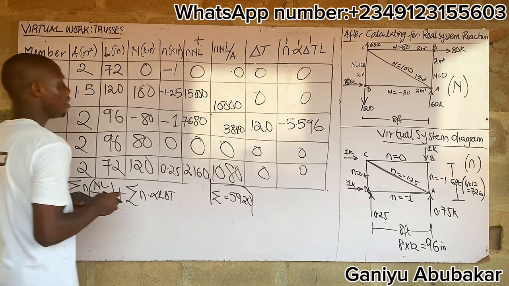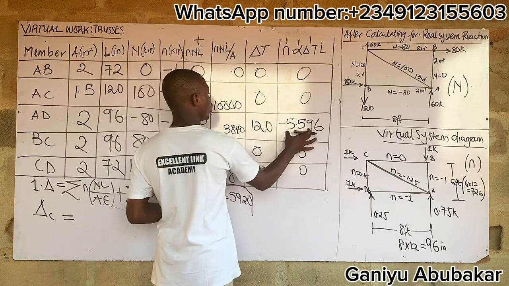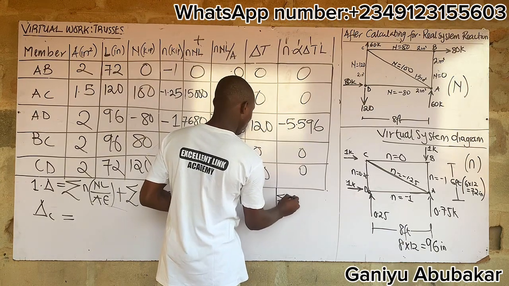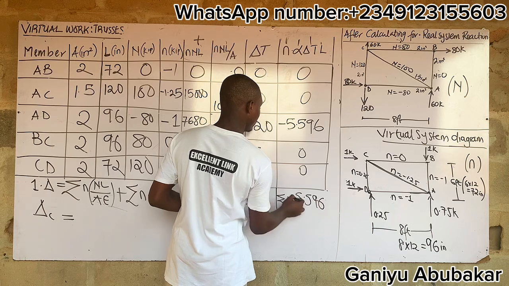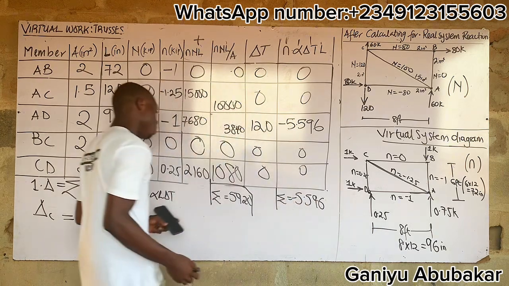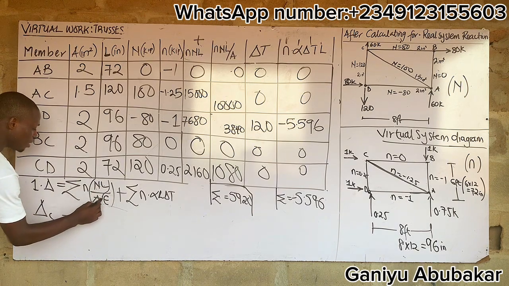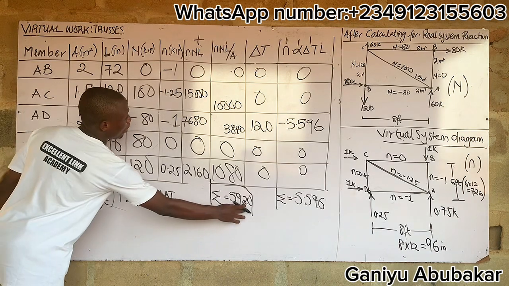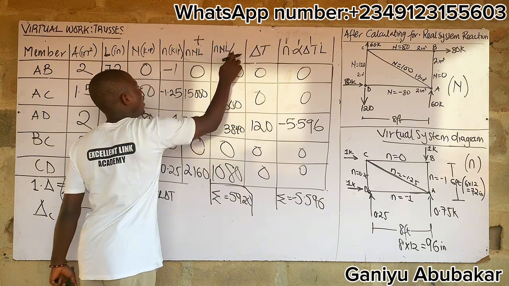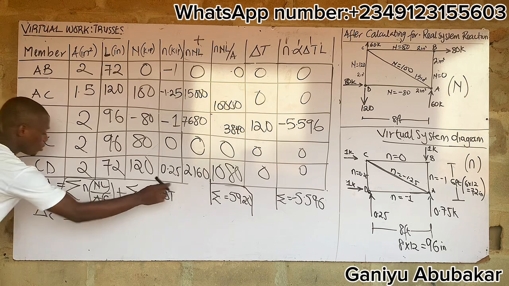Also let's add everything here together. On adding this together, I should have just this one coming down. So the summation becomes minus 5.596. A minus is there, right? So I have this. So observe the summation n, and everything like this from here down here. Here's the value of nL over A. One times change at joint C is equal to, here I'll be having